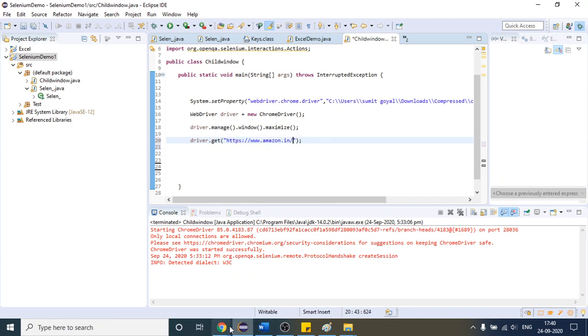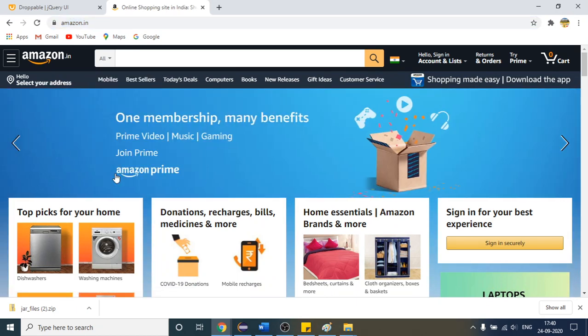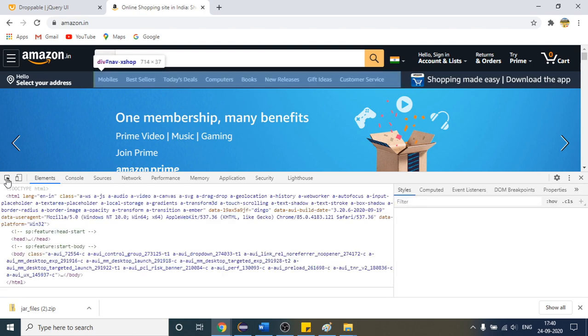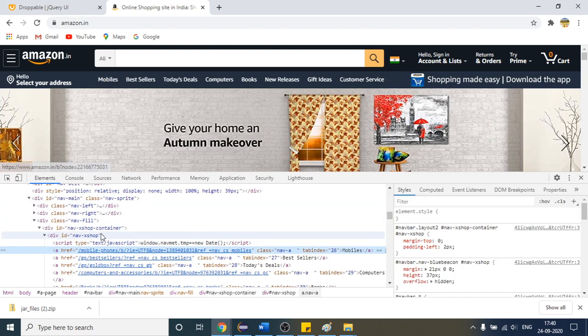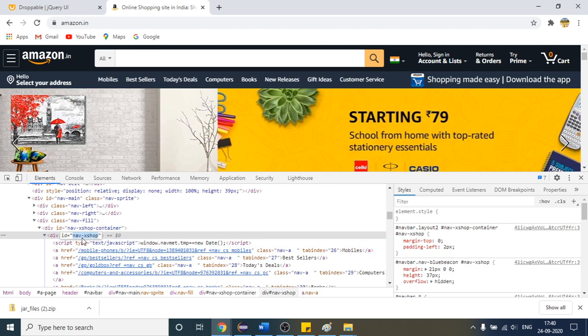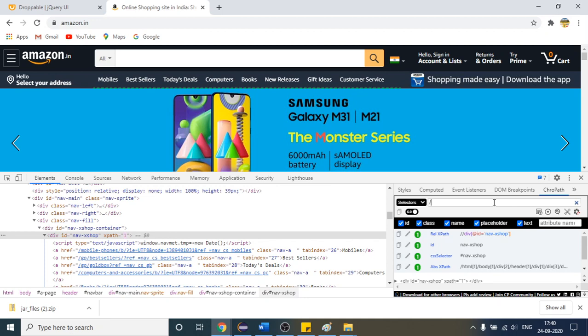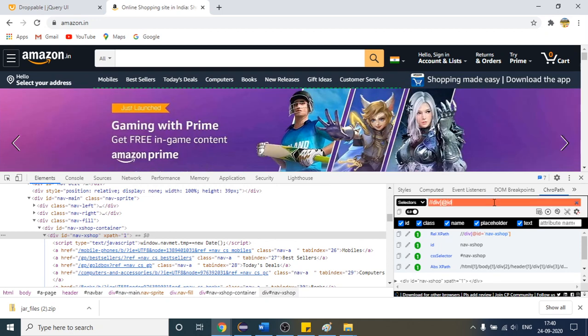Okay, after that, suppose I have to fetch this text, the mobiles text. So I will write one XPath for that. Again the same step, inspect it and click here. So it is here. I will first reach here with the help of a relative XPath. So how am I going to write it? See here on the ChroPath, I will write double slash, tag name, at the rate, id is our attribute, and the value of the id attribute is this one. If I press enter, then you will see that it has highlighted all these.